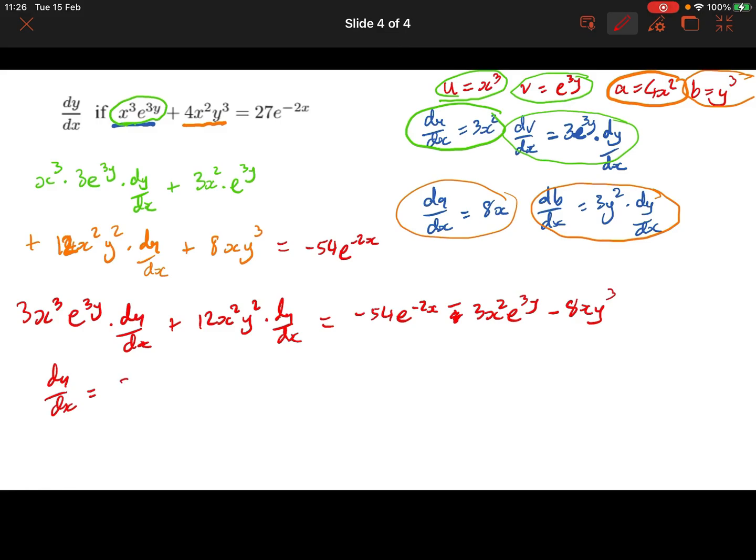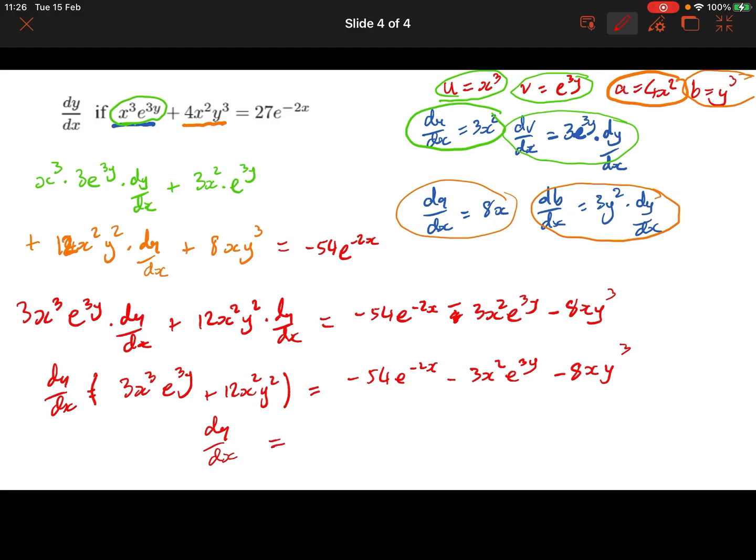So that's going to be 3x cubed e to the 3y plus 12x squared y squared equals, same, minus 54 e to the minus 2x minus 3x squared e to the 3y minus 8xy cubed, and then finally